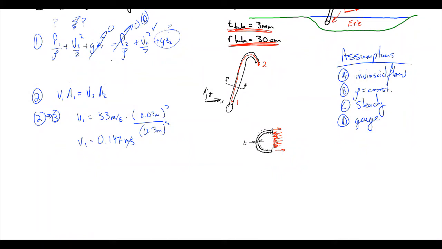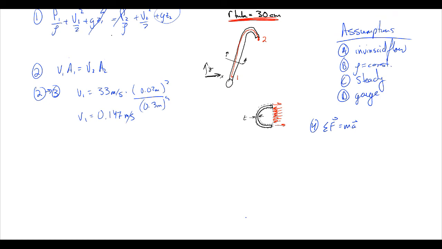So again, we should go straight to our equation 4. Sum of our forces is equal to mass times acceleration. We'll go to the basic equation of mechanical and aerospace engineering. 4 to 5, if we draw x and y, we have to draw our coordinate system here. 4 to 5 gives us sum of our forces in the x direction is equal to, and if we add these up, we see that